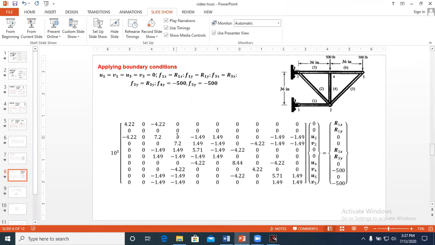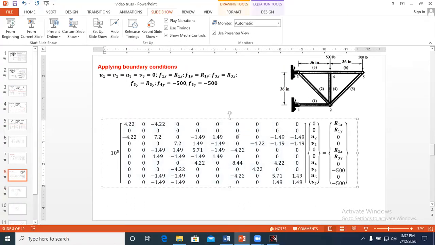Okay. On third row and fourth row, your elements from 7th column, this one, 7, 8, 9, 10. Okay. Already we have taken these two: third row, fourth row, and third column, fourth column. That means these four terms we have taken, and now we have to take from this to this one.